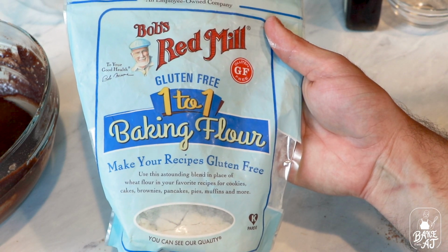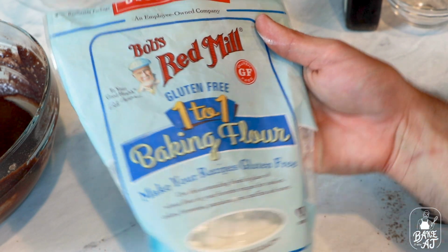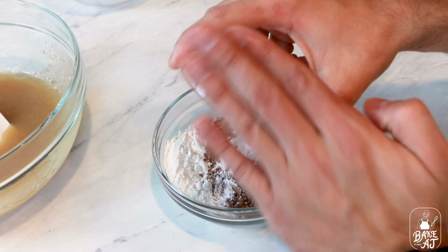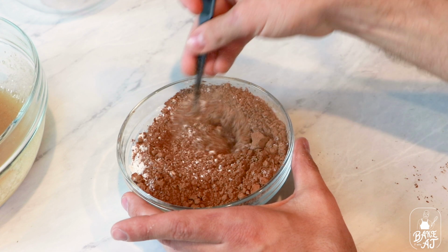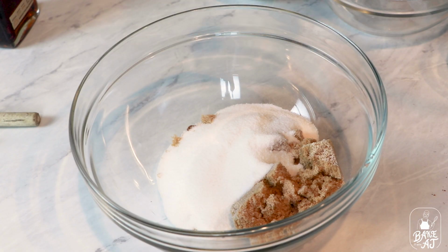I use this for pretty much everything I want to make a gluten-free version of. You just want to make sure your flour blend has xanthan gum in it. If it does not, you need to add a 1/2 teaspoon of xanthan gum to your recipe. You're also adding a 1/2 teaspoon or 2 grams of salt with a 1/2 teaspoon or 2 grams of baking powder. Once that's all mixed, in this other cup, I have 2/3 of a cup or 160 milliliters of vegetable